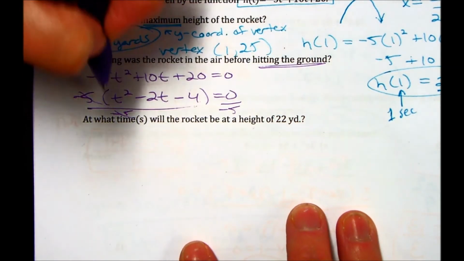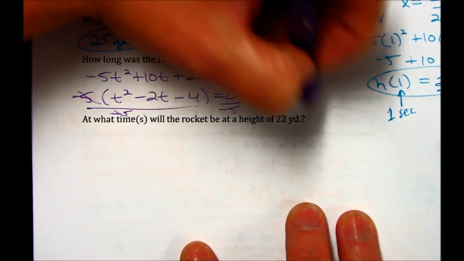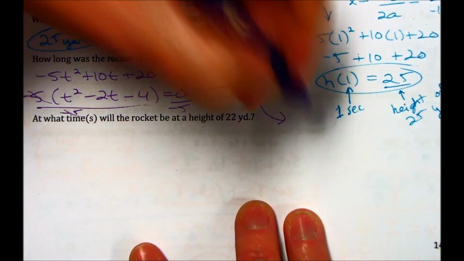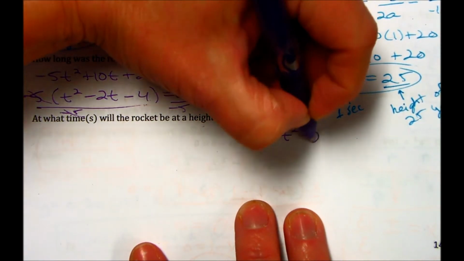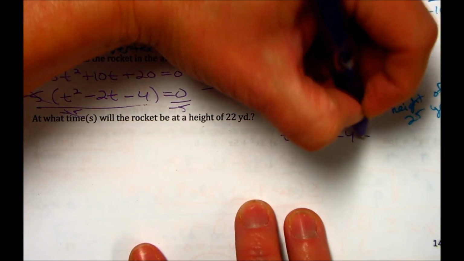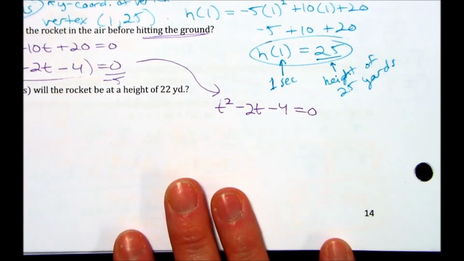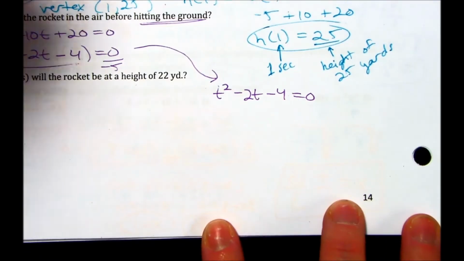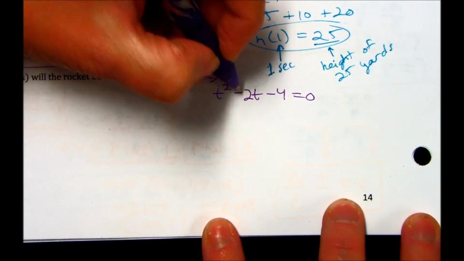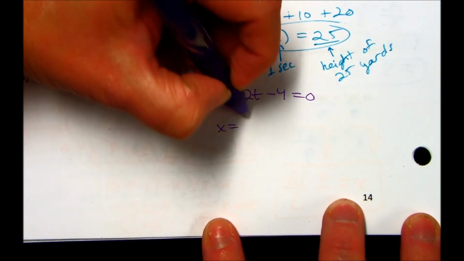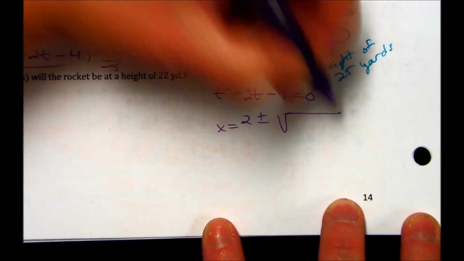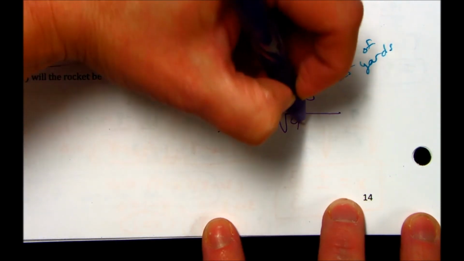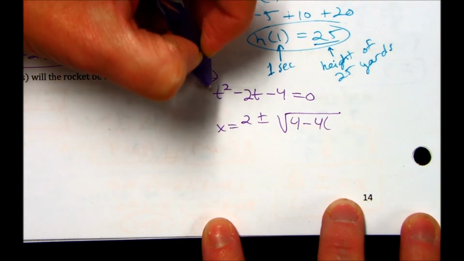What I really need to solve for, I'm going to write this over here, is t squared minus 2t minus 4 equals 0. And again, we're going to have to put it into the quadratic formula. So again, I'm rushing, but if b is negative 2, the opposite of b would be positive 2. And then plus or minus the square root, b squared would be 4 minus 4 times a is 1, c is